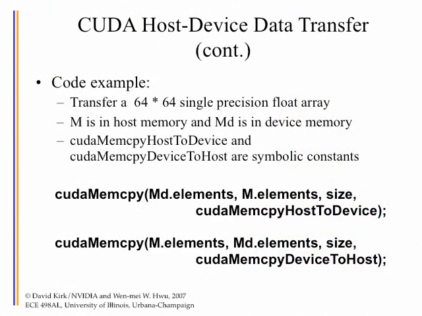So one code example: if I want to transfer a 64 by 64 single precision floating point array, I would just remember that size is assigned 64 by 64 by 4. So that size variable gets passed in. And let's say M is in the CPU memory that contains the original data structure, the user data structure that you start with. So you will need to have the pointer, let's say,